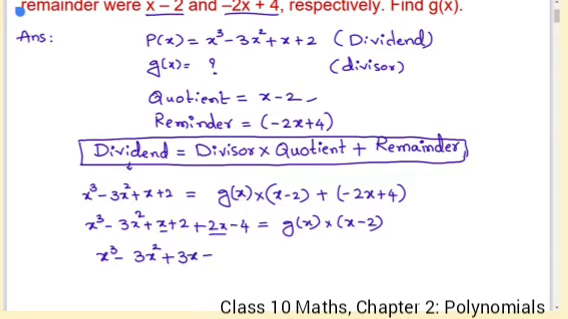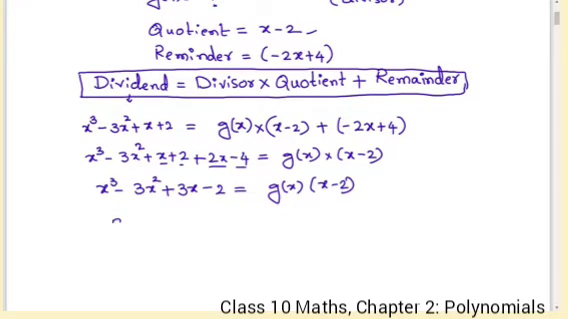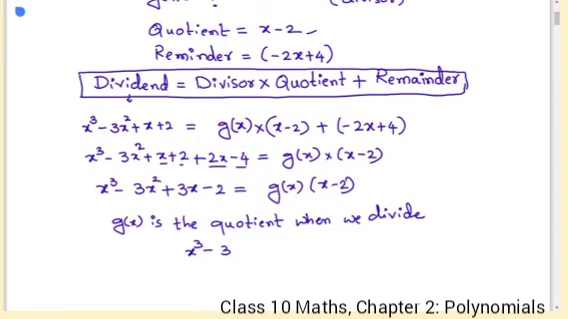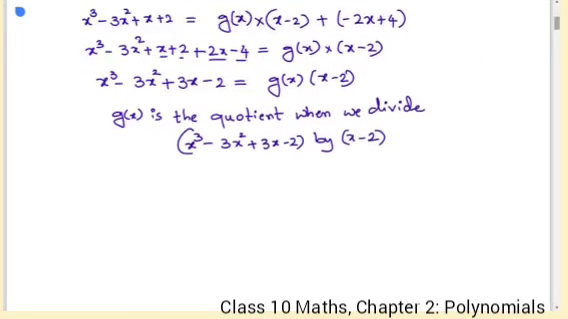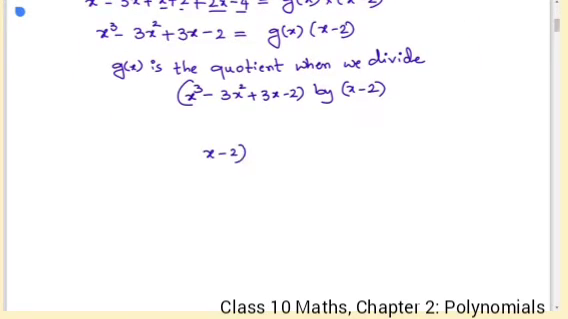And this becomes x cube minus 3x square, these x and 2x will be added, plus 3x minus 2 is equal to g of x into x minus 2. Here g of x is the quotient when we divide x cube minus 3x square plus 3x minus 2 by x minus 2. So divide these two terms here,